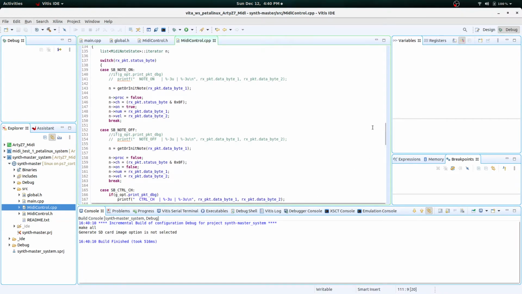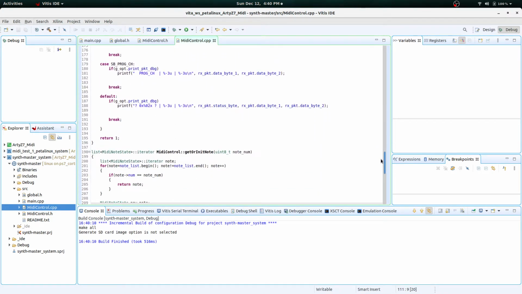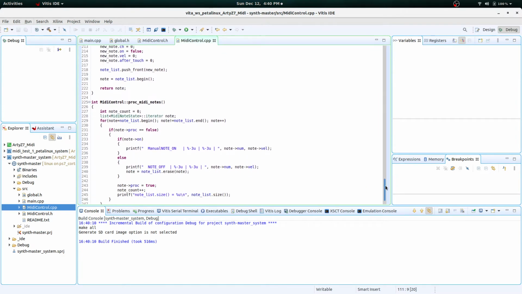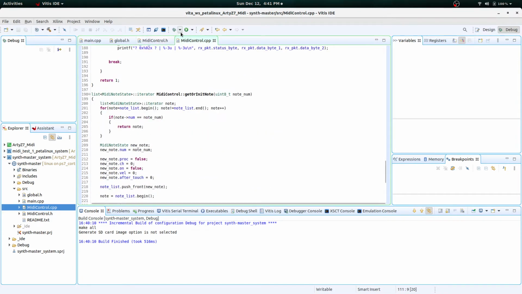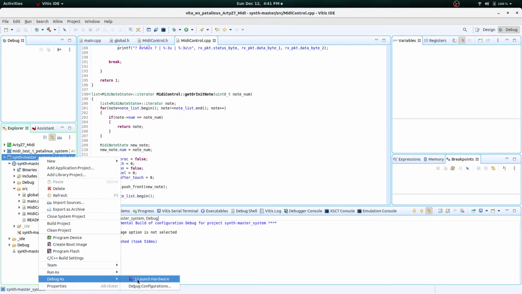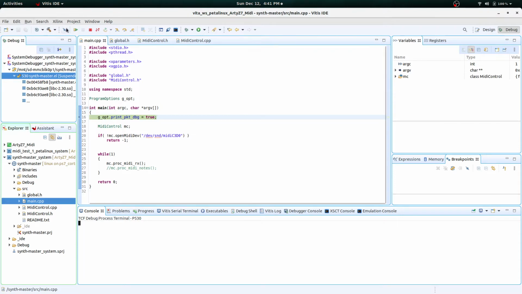Right now, it's just printing stuff to the console. I haven't gotten quite to the point where it's going to be outputting stuff to the PL yet. So yeah, we'll just run this. So here we are again. If I strike that key again,